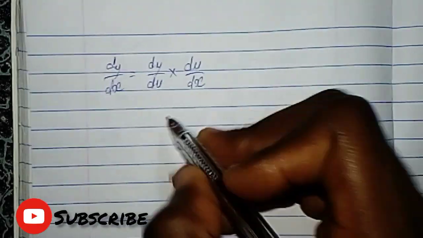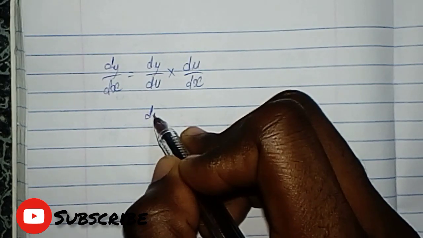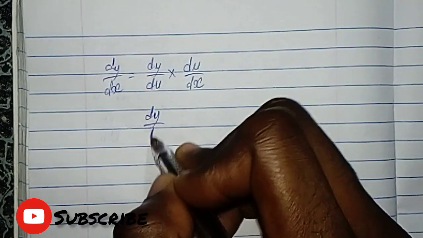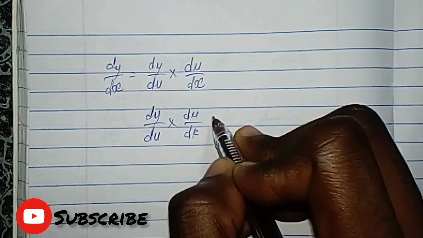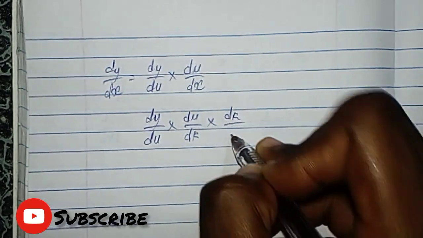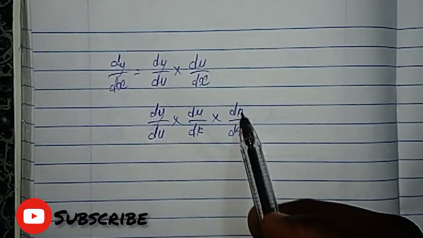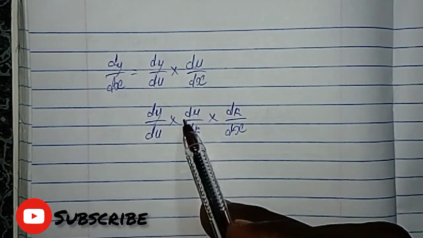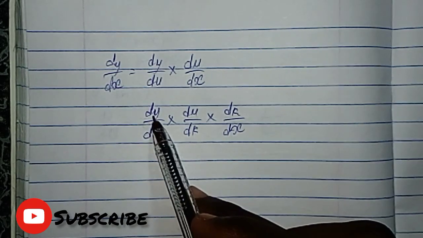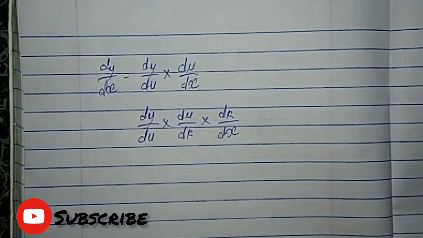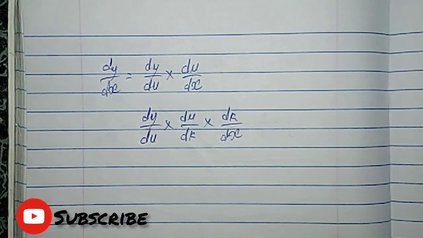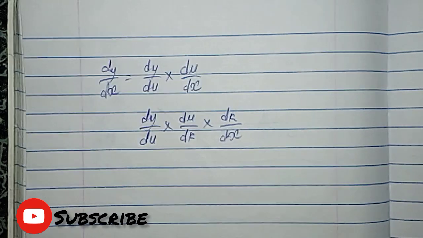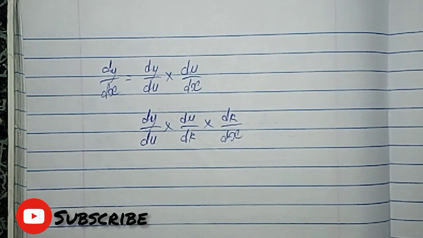We can as well write a function of a function in another form: dy/du times du/dk times dk/dx, where the k cancels out the k and the u cancels out the u and you get back your dy/dx. So this is function of a function. This can actually continue even until forever, depending on the number of functions of a function